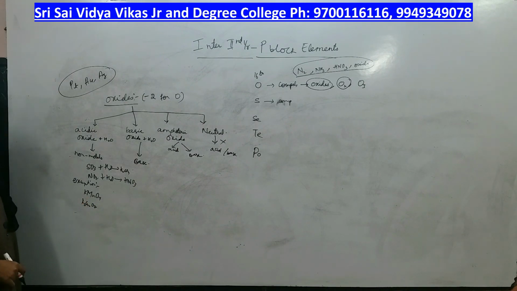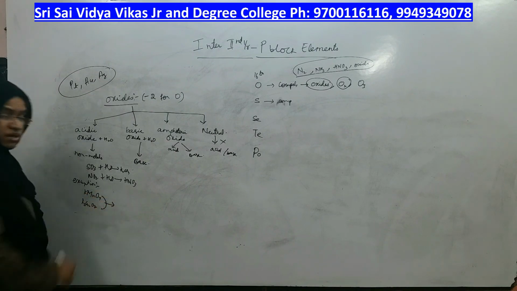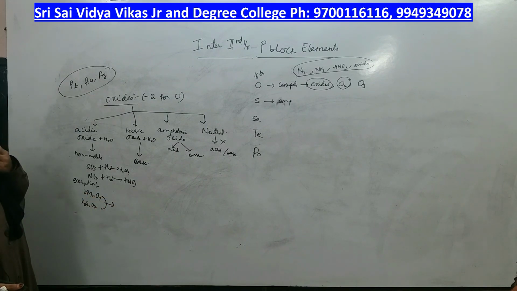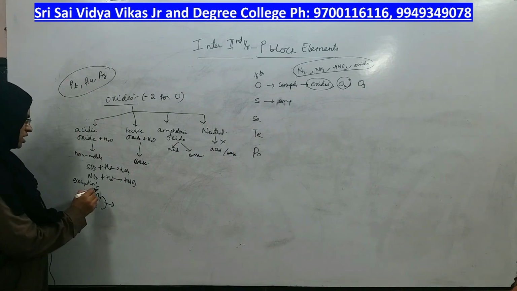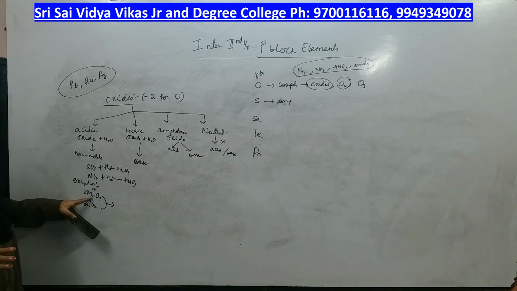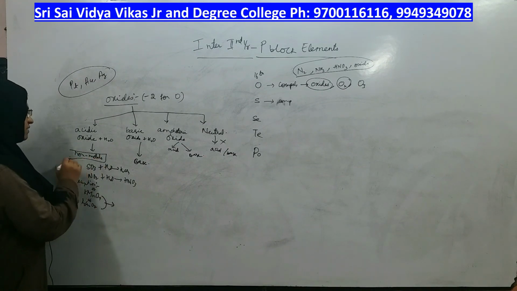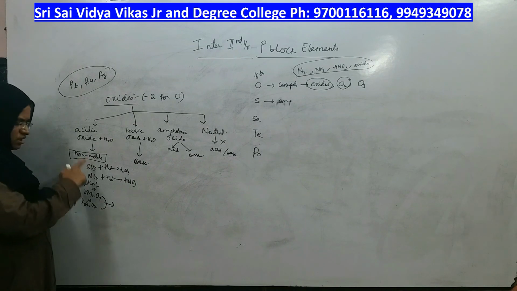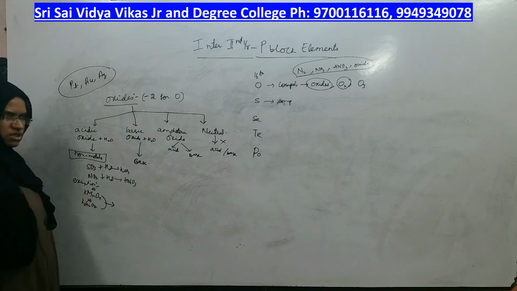They are having metal or not, right? Even though they are metal oxide, they behave like acidic oxide because the oxidation state here is very high. If the oxidation state is very high, even though they are metals, they behave like acidic oxide. Generally, who should behave like an acidic oxide? Only non-metals. But exception is these two. Why? Because they are having high oxidation state, right?